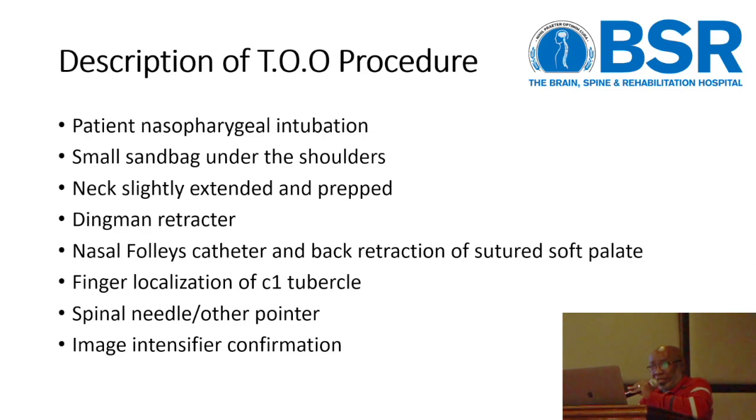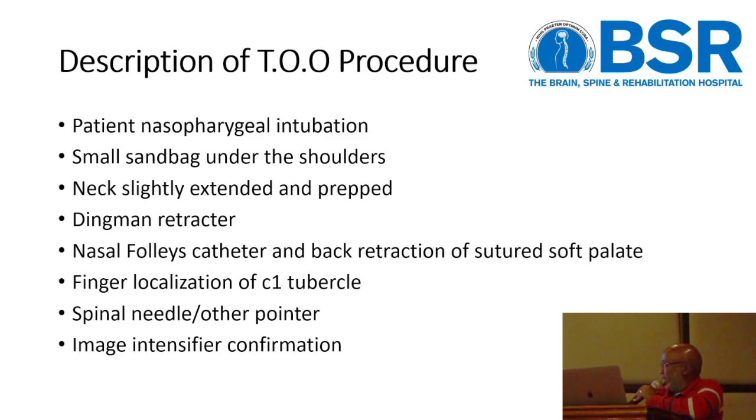You use a Foley catheter and tie the uvula, and you put it backwards through the nose so that you have more opening. And again, we initially use finger localization of the C1 tubercle,